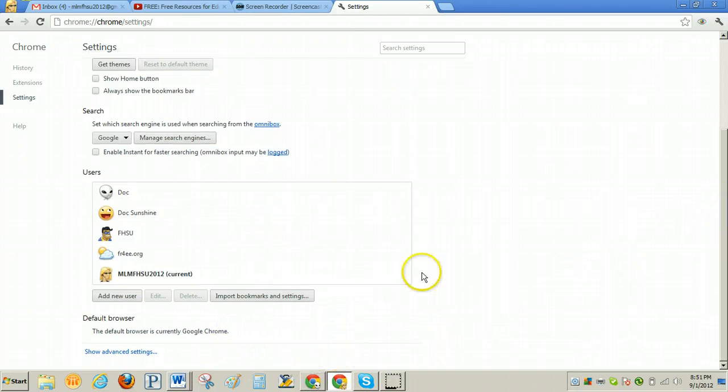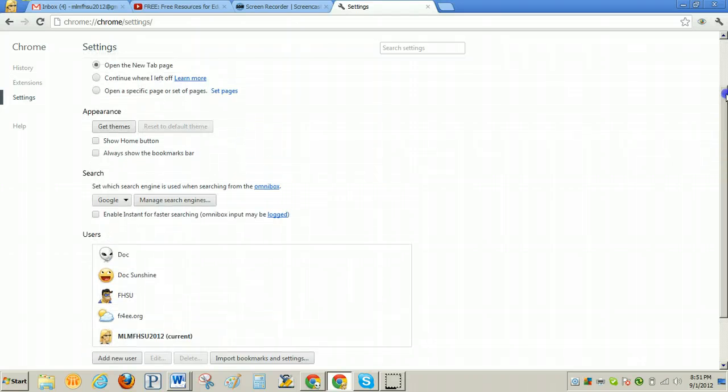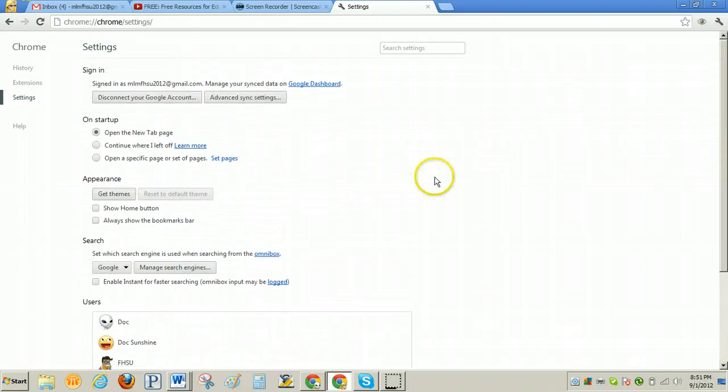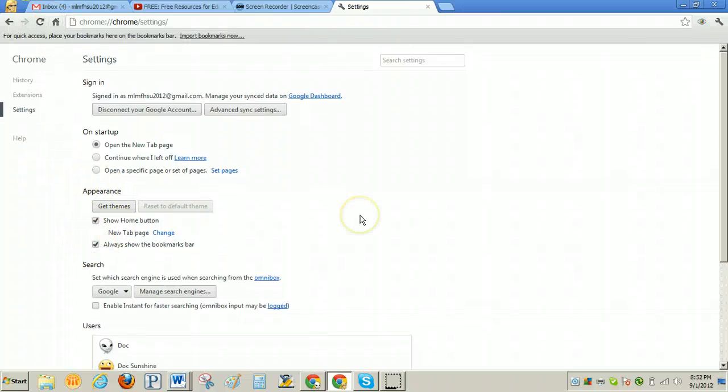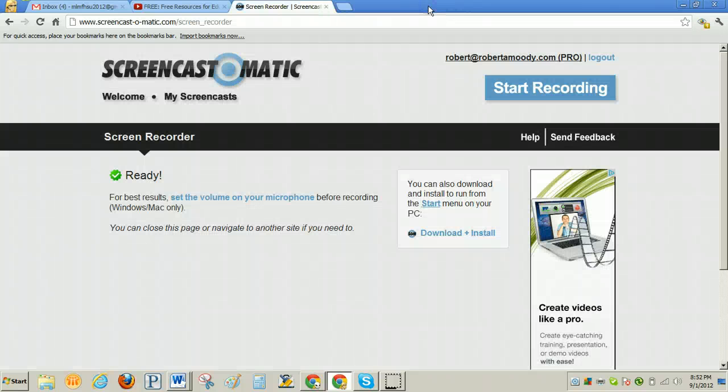And it also shows that the Google Chrome is the current default browser. Okay, you definitely want to click this to have your home page button, which is right there, and you want to show the bookmark bar, which will drop down below it. Okay, because this is its own account, I don't necessarily want to add bookmarks from other resources that I'm using,